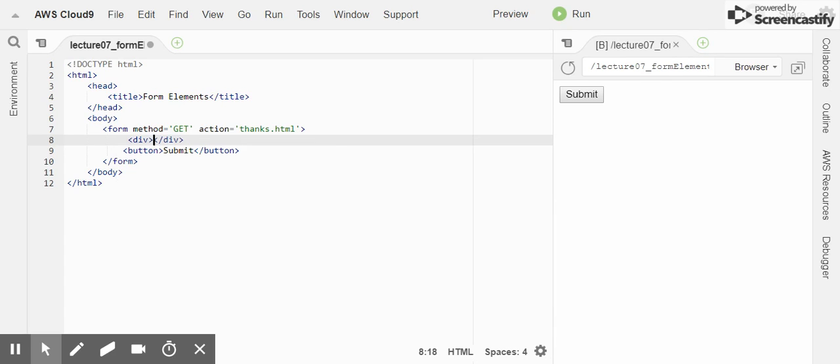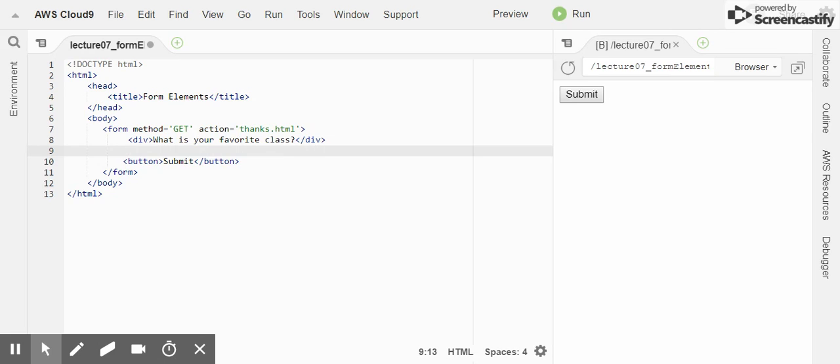Let's set up with a basic div with a question. What is your favorite class? We're only going to allow one option here. So again, we can do this in two ways. We can do this with input tags, or we can do it with a select statement. We'll start with the input tags, and this time, we're going to set up input, and we're going to